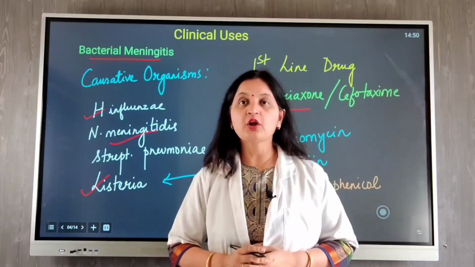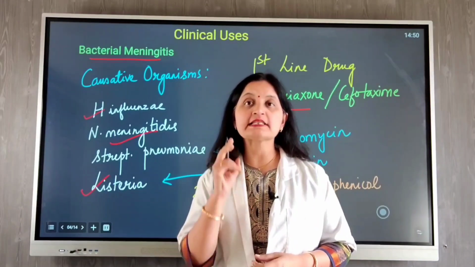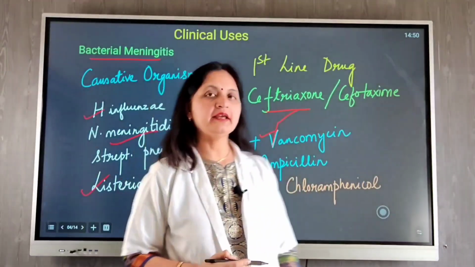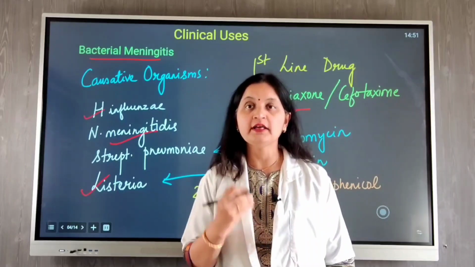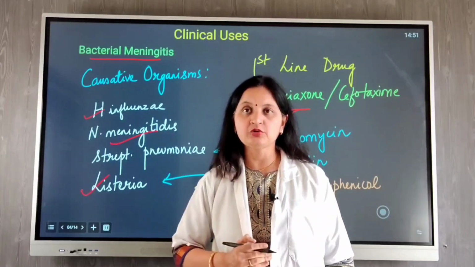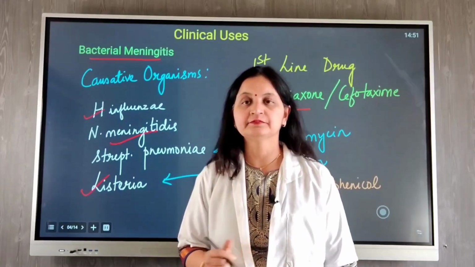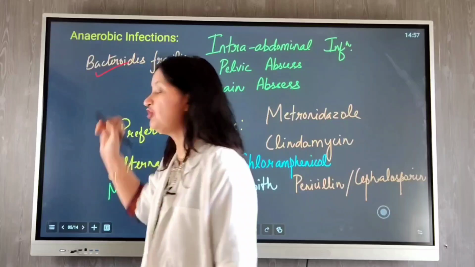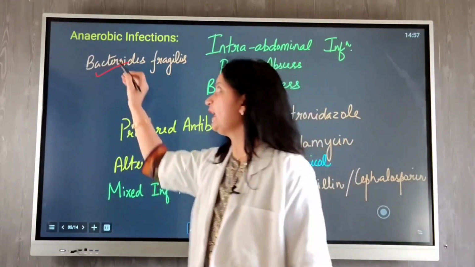So now, what is the role of chloramphenicol in the management of bacterial meningitis? Chloramphenicol is the second line drug to ceftriaxone in treating bacterial meningitis. When the other drugs do not respond, or the patient is intolerant to these drugs, chloramphenicol can be used as an alternative drug. Chloramphenicol is highly active against Bacteroides fragilis, and therefore it can be useful for the treatment of anaerobic